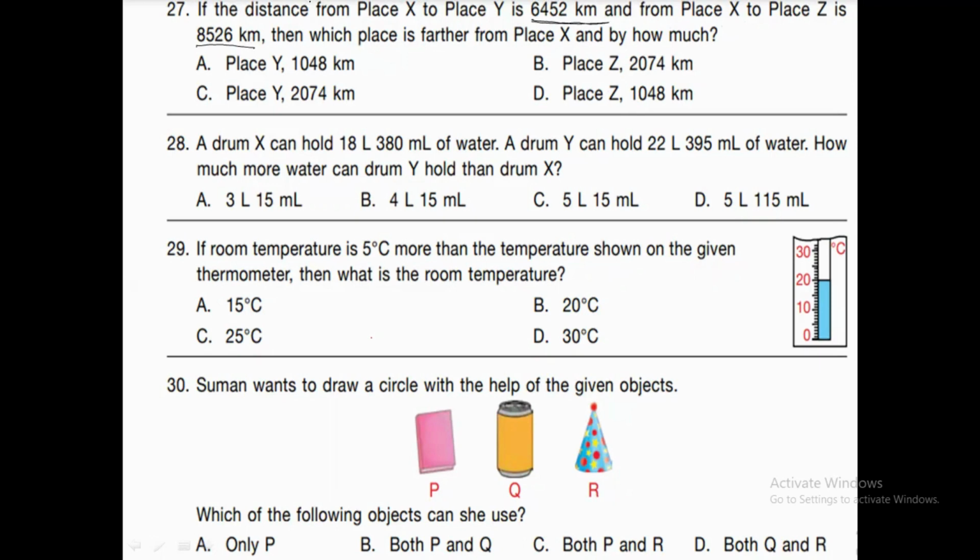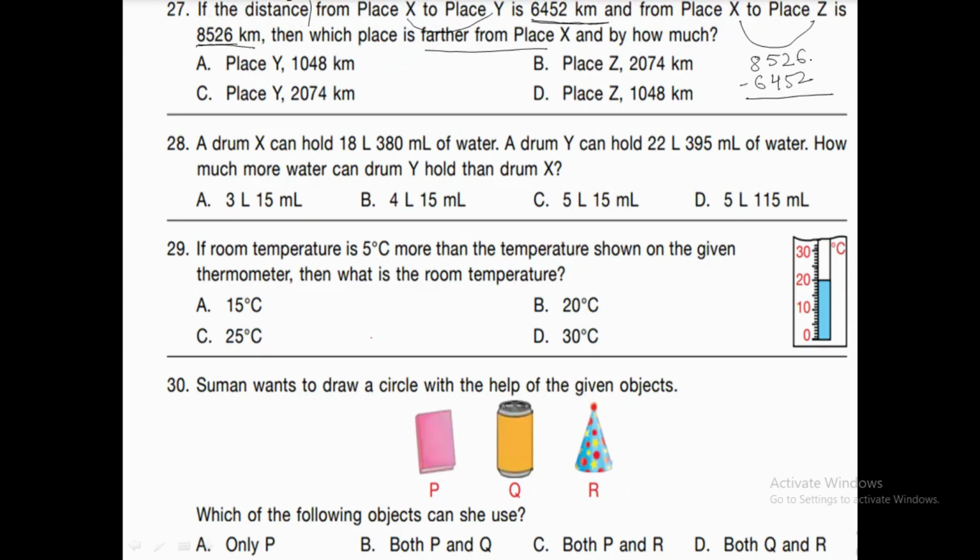The distance from X to Y, whatever is given in the question, you can see 6,452, and X to Z is 8,526. The question is asking which place is farther from X. So we can clearly see that place Z is the farther from place X. And the question is asking by how much. So what we need to do, we need to subtract both the distances. So we will subtract 6,452 from